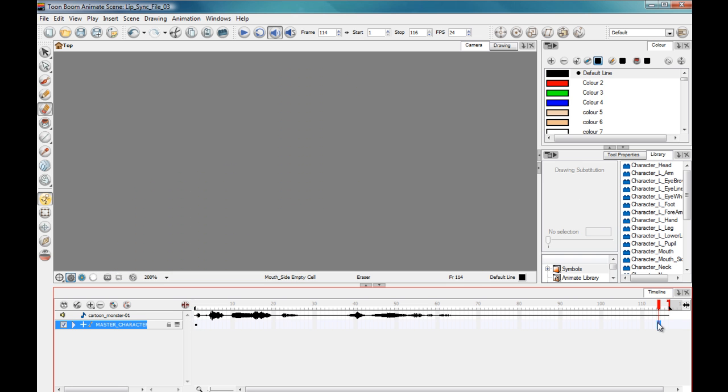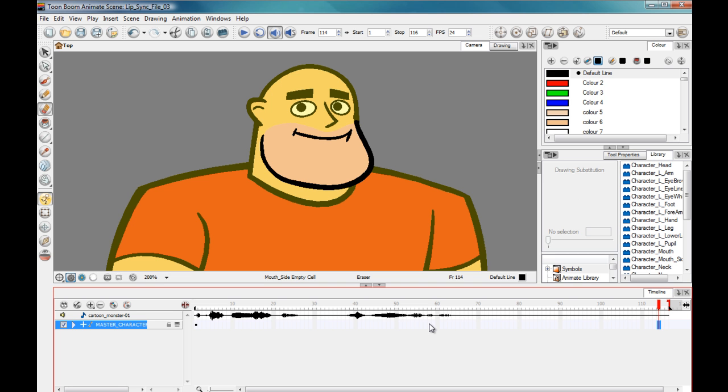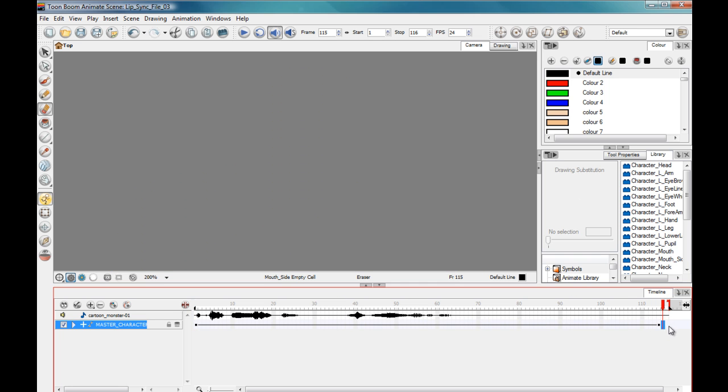So I'm going to come to about here, and I'm going to click F5. So that's exposing it. But now what I'm going to do is hit F6 to keyframe it, just so I know there's no changes happening from the beginning to the end of that pose. And then the 2 frames after the front view, I'm going to click Control V,